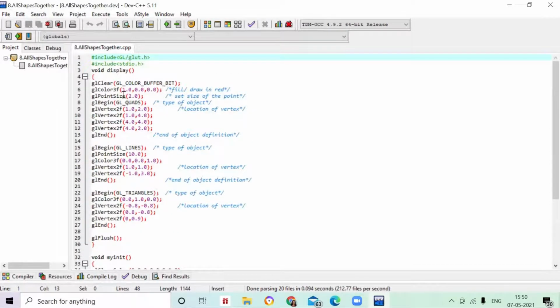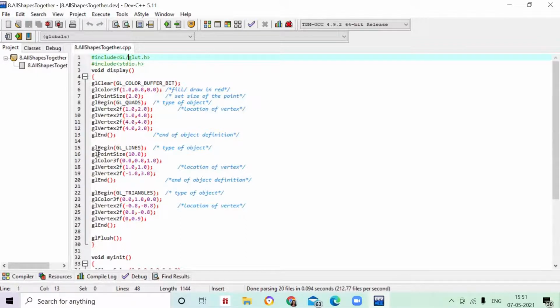Fine. So here what I'm going to do, first thing is the point, right? Wherever you want to place something, accordingly you have to write. Suppose I want to place my rectangle first, so I just copy pasted the same code inside my display. You can see glBegin, glEnd, inside that GL_QUADS and 4 vertex points.